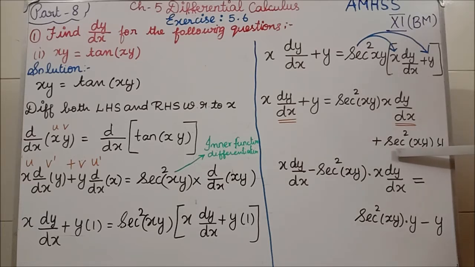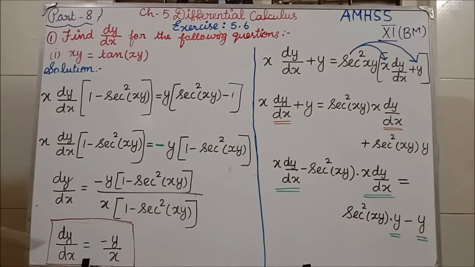Next, remaining here is what? After equal to, this went that side, so left here is secant square xy into y. This plus y has come this side, minus y. Clear all of you? Will you be able to understand this? Students, when you are watching the video, go through the video each line 1 or 2 times so that you will get it very clearly. Okay, the remaining problems we will see now.